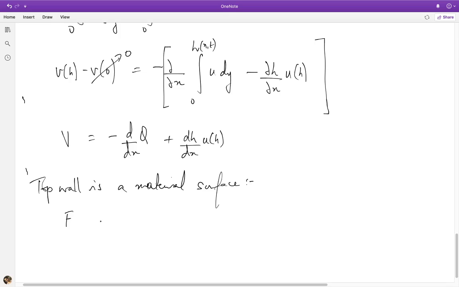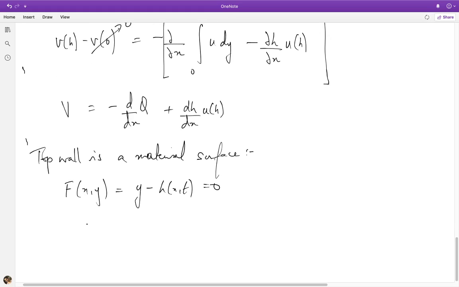So now if the wall is described by a function f of x comma y given by y minus h of x comma t is equal to 0, this is in fact the relationship describing the top wall, then I know that df dt for all Lagrangian points, material points at the wall, is 0. Which implies, if I take the partial derivative forward, I have minus ∂h/∂t coming from the local time derivative, plus v at the wall, which is capital V, times ∂/∂y of this entire function, which is just 1,